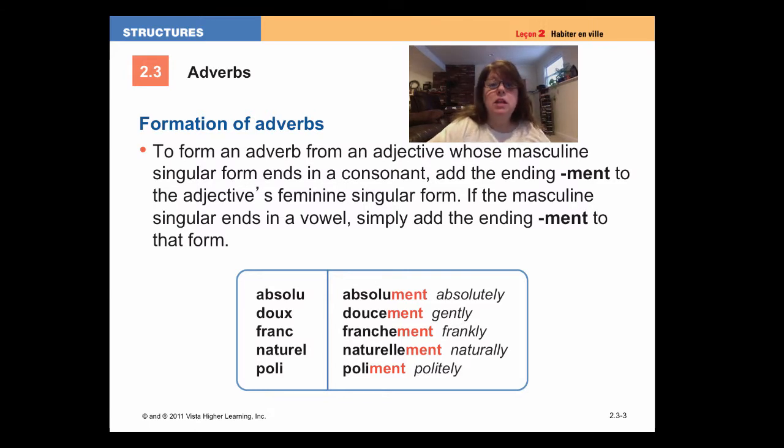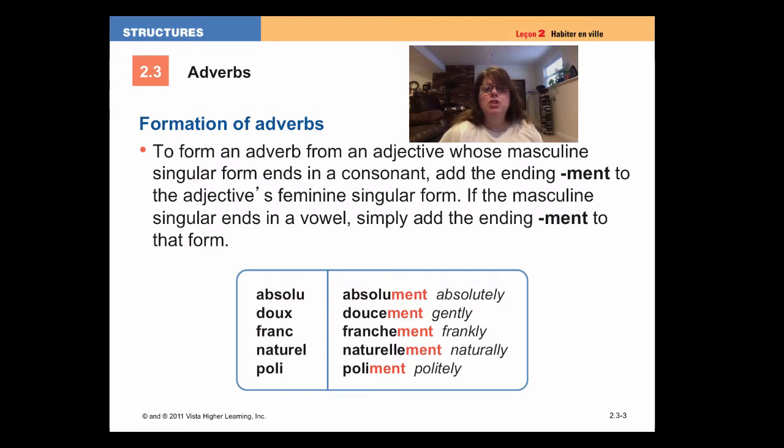If the masculine singular adjective ends in a vowel, simply add the ending ment to that form. Let's look at some. Absolu. Absolu means absolute. It ends in a U. It is a vowel, so we just add ment. Absolument. Now doux. Doux ends in a consonant, so we take the feminine form douce and we add ment,